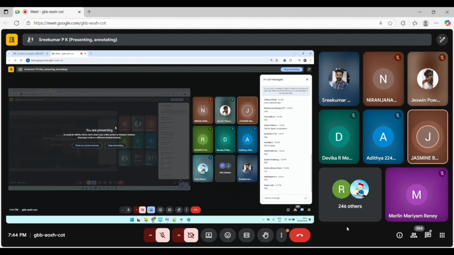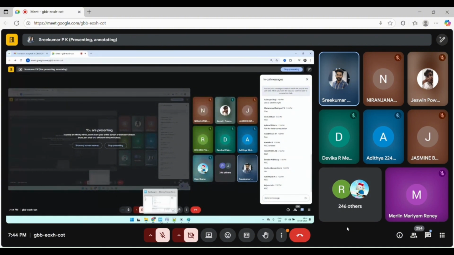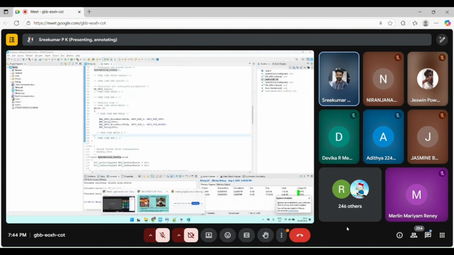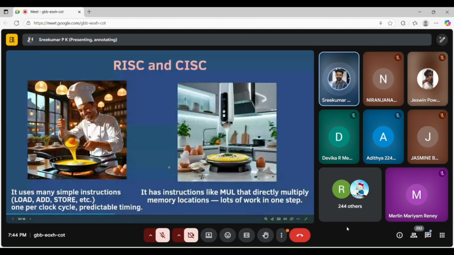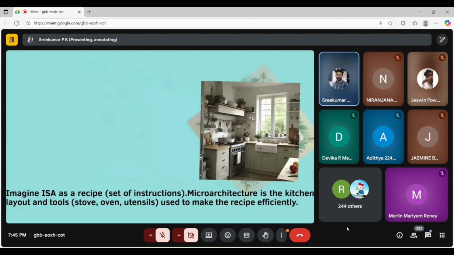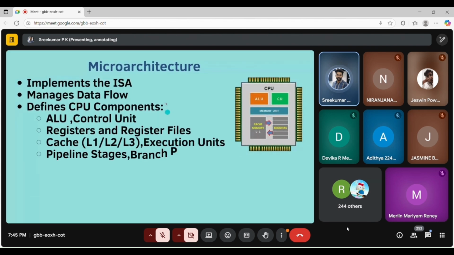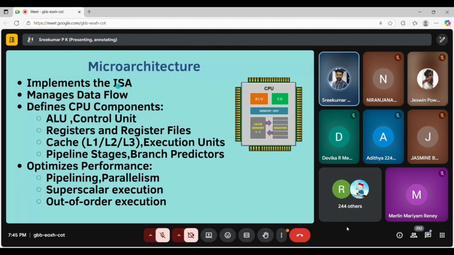Okay, sir, if the RISC-V architecture is taking over the ARM architecture in the coming days, will it be relevant to study the ARM architecture? Yes, it is relevant to study the ARM architecture. Why? Because, as I said in the previous slide, every architecture has a microarchitecture that implements an ISA.